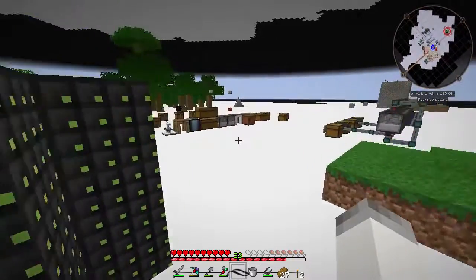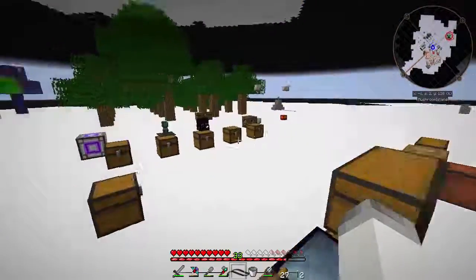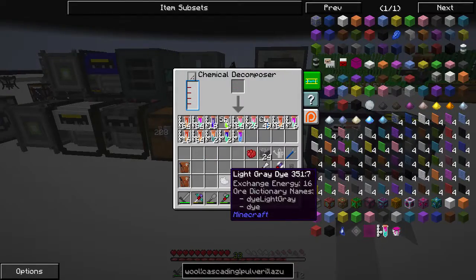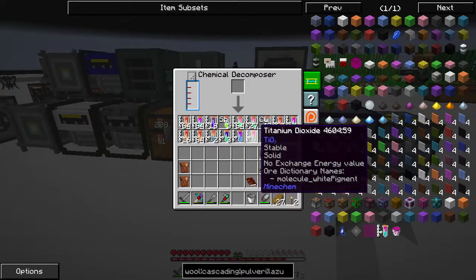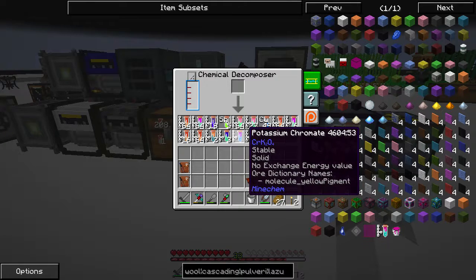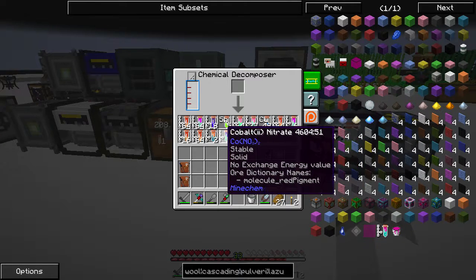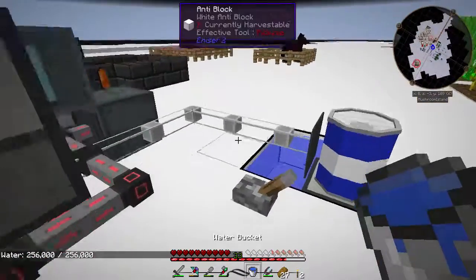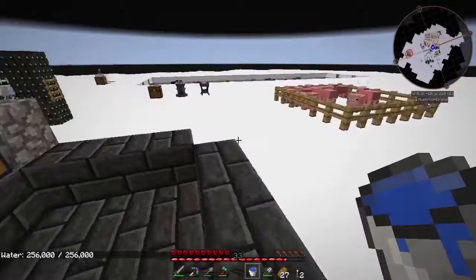So let's do that. First of all, let's go ahead and put some stuff away, get rid of some stuff. So all of this stuff we can just go ahead and decompose. So titanium dioxide from... actually, I don't even know what gave me the titanium dioxide. That should have been the bone meal, but I didn't think I did that. But anyways,